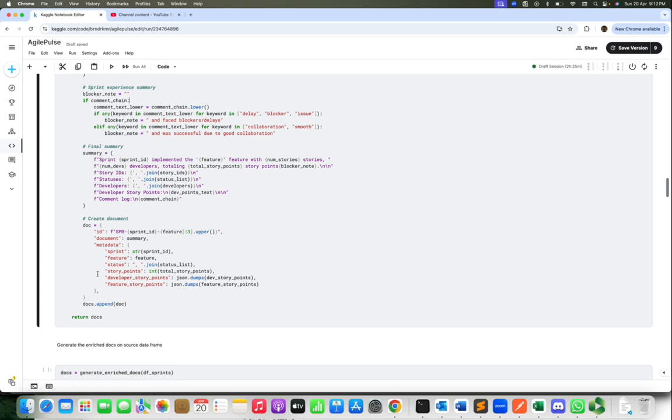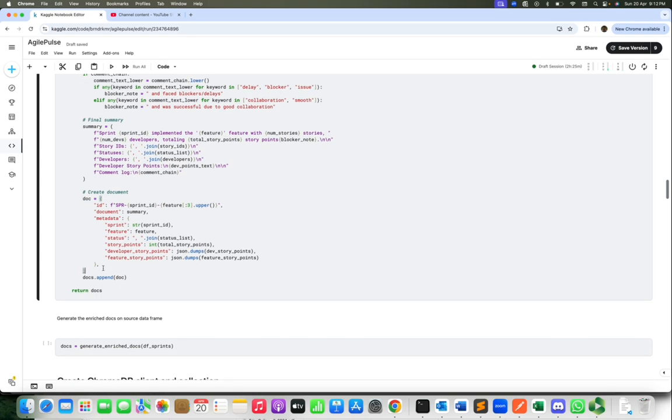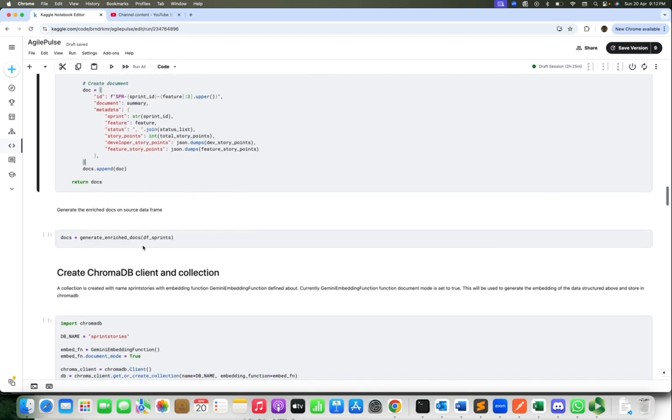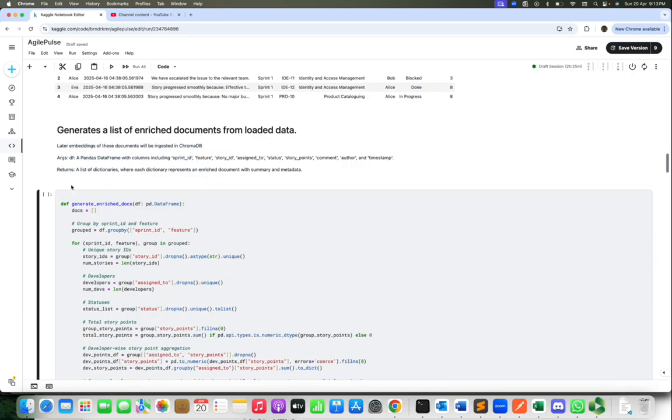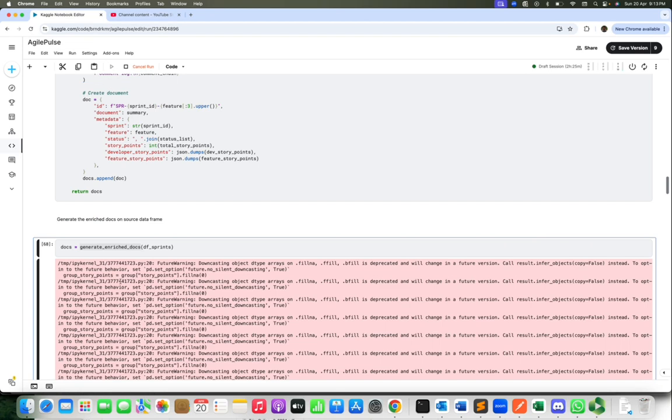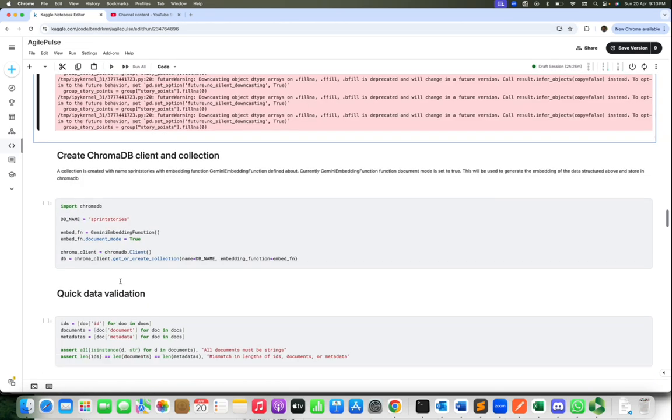And then finally I'm creating this document object, which is having its own ID, document, and metadata, and we'll see how we are using the metadata also. But metadata is having the sprint ID, feature, status, story points, and some aggregation like developer story points and feature story points, part of that sprint. So once this function is defined, then let's get this and